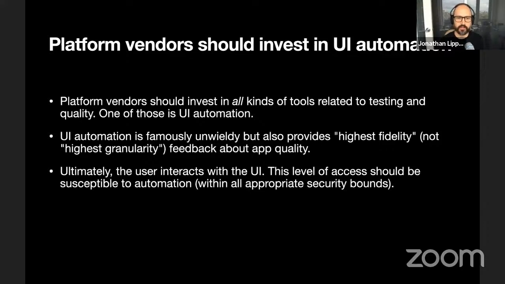So they already hopefully believe this, but I think it's worth pointing out that UI automation is a good idea, not to be used as the only type of automation in a CI pipeline or whatever, but as one aspect of it, because it is automation of the same thing that the user is actually doing. So you get an end-to-end view of what's going on with an application, and that really helps in application quality assurance, and it can help to provide data for other kinds of testing, like performance testing or accessibility testing or things like this.